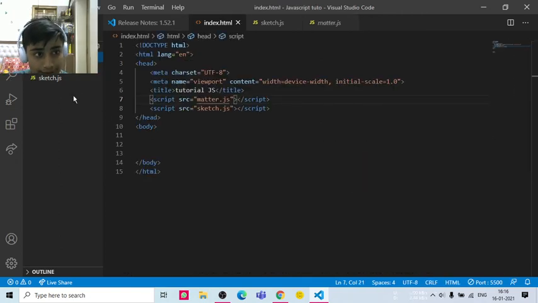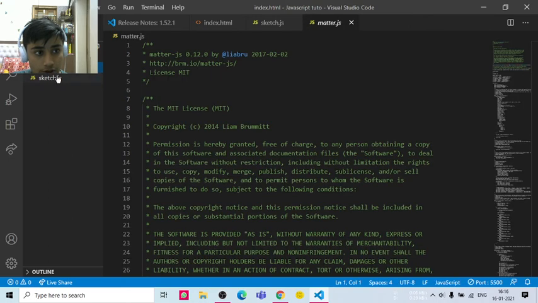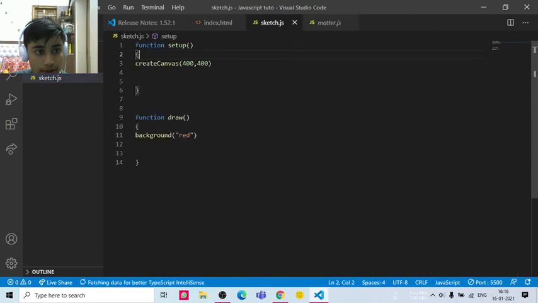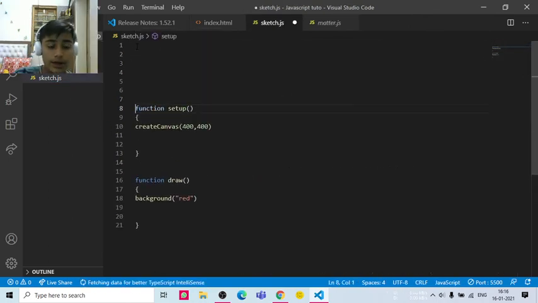Okay guys, and now if I move back to sketch.js, in sketch.js I am going to type here, and I have to add all the properties of matter.js so that I can use it. And I am going to use the const data type. I have already explained it in my last video, so you can check it from there. Some types of declarations are there which are const, var, and let. So I am going to use const here, and I am going to type const like this. I am going to type here